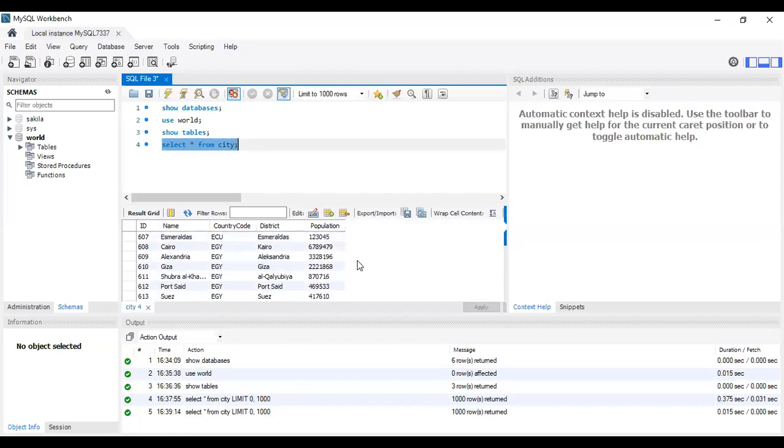So these many records are there. So 1000 city name details are there all over the world, right?